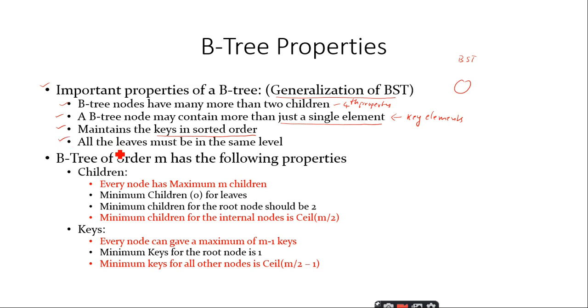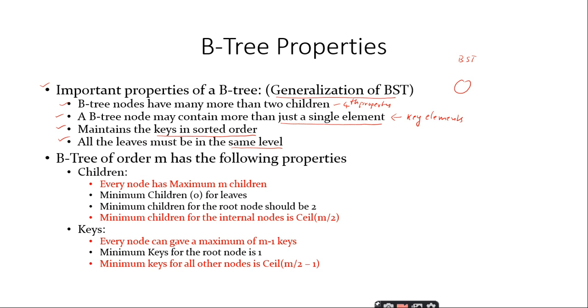And this is another important property which we have already discussed. All the leaves must be in the same level. So when you maintain all the leaves in the same level, what is that you gain? Reducing height, sir. Minimum height, sir. Right, you are maintaining the tree with a minimum height, as low as possible. When you maintain it, the disk latency will be reduced. When you reduce the disk latency, the search, insertion and deletion operations can be completed within logarithmic time.